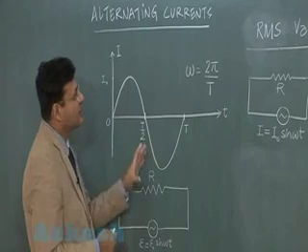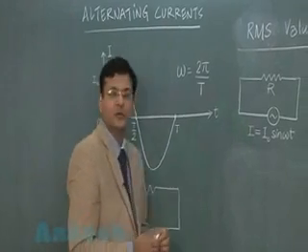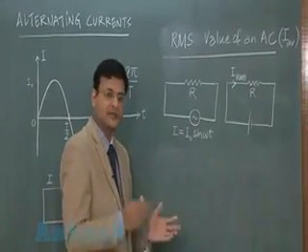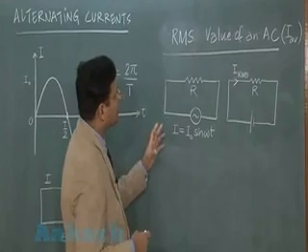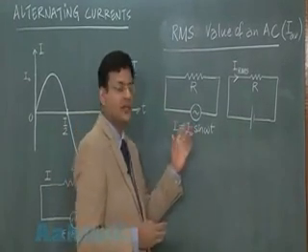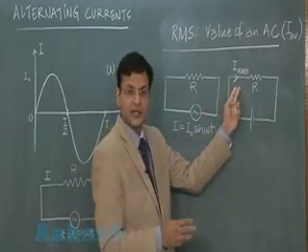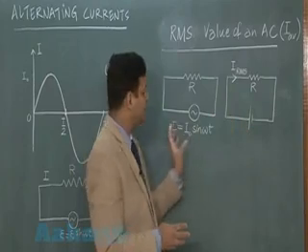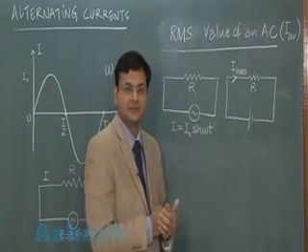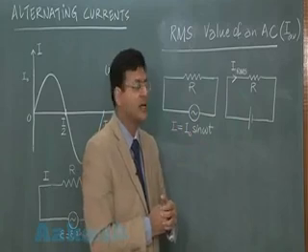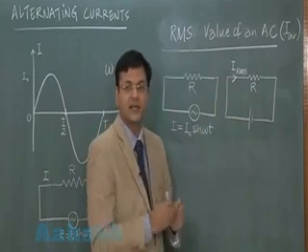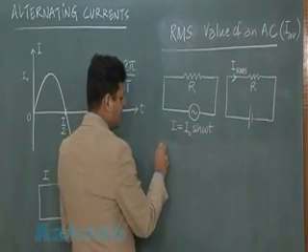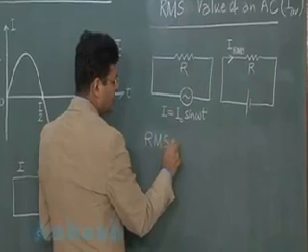Therefore, for the sake of simplicity, definition of RMS value involves the heat generated in total cycle, not half cycle, rather complete cycle. So if we see the RMS value, we happen to say that RMS value is that much constant current. RMS value is that much constant current which will flow the same heat as the AC will do over its complete cycle. जितने complete cycle में AC की heat generate होगी, same amount of heat will be generated by this constant current over the same time period, that is capital T. So you define it as RMS value, or you call root mean square value. RMS value of an AC